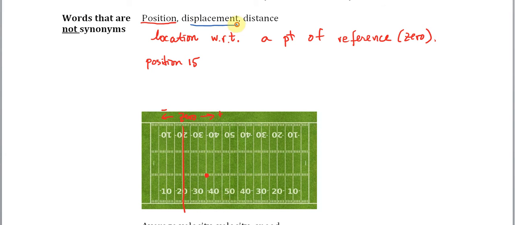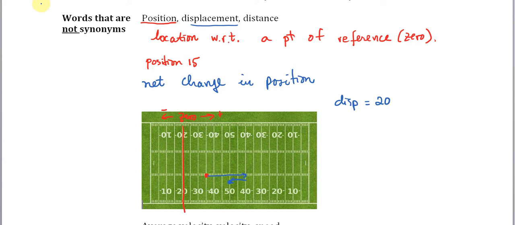The displacement is the change in position. Or I should really say the net or the total change in position. So let's say that you were at this point here, position 15, and then you went forward this far up to the other 40-yard line, but then you were, for whatever reason, pushed back a little bit, and now you are on the 50-yard line. Well, your change in position with respect to where you were before, right, from the blue dot to the green dot, you change the position. Your displacement is 20,